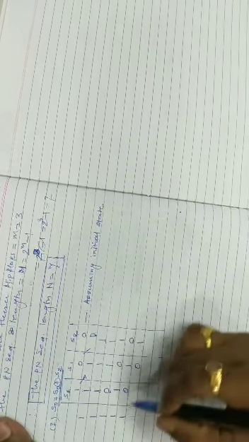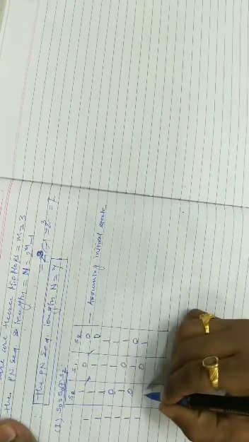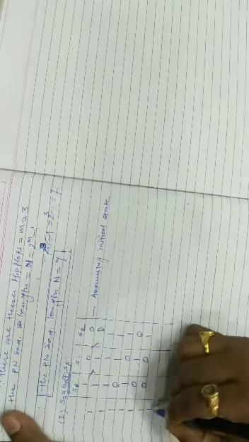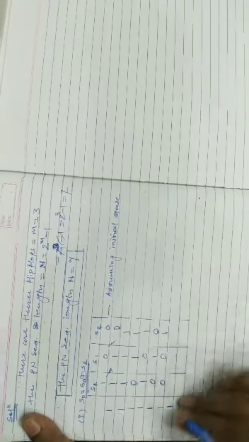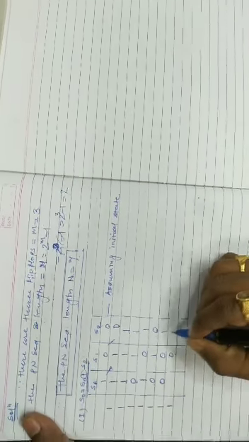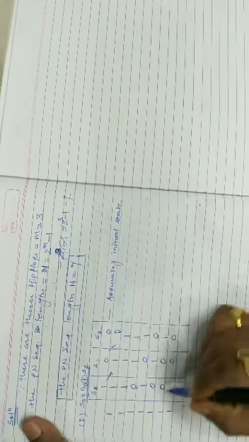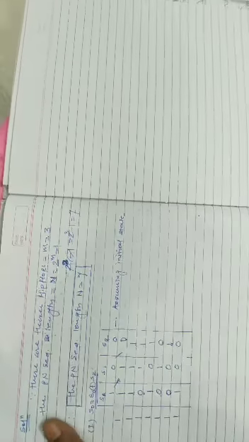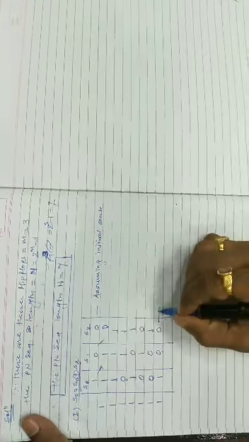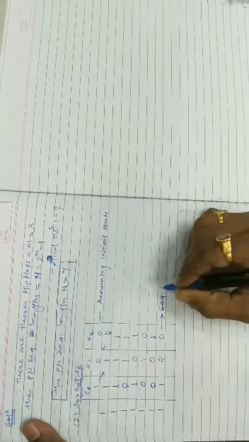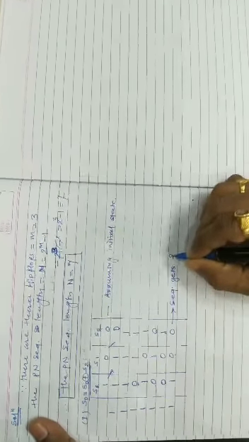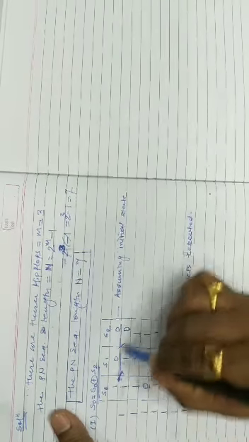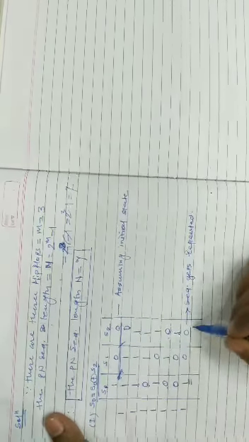If we see these two outputs, that is S0 and S2, 0 XORed with 0 will give us 0. For the next clock cycle, again if we shift this data, you will get over here 0 0, and if you see the values of S0 and S2, it is 0 1, it will give you 1. So here the sequence gets repeated. The initial value, here it is 1 0 0, again we are getting 1 0 0.